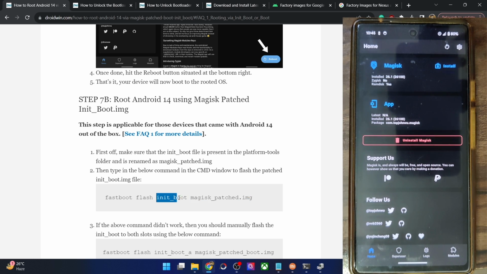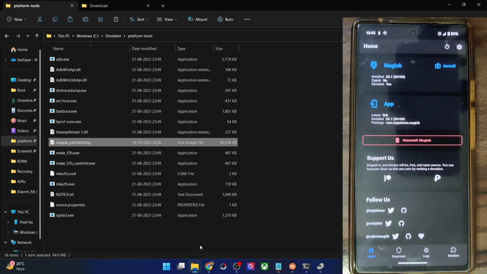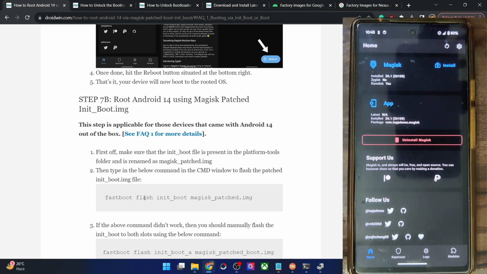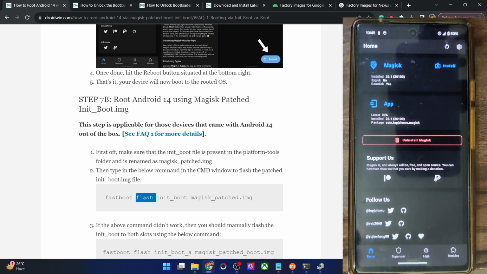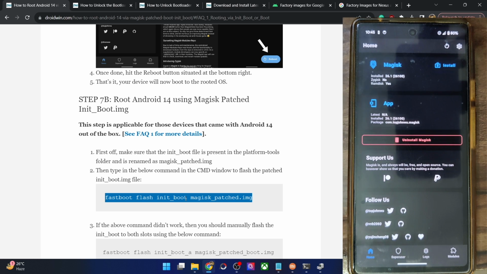This is the partition name and this is the file name. In our case, we have renamed the patch init boot file to simply Magisk Patch, as you could see from here. So type in this command, fastboot flash. We cannot use the boot command. We have to flash the file directly to the init boot partition. So copy paste this command in the CMD window, and once that is done, your phone will then flash the